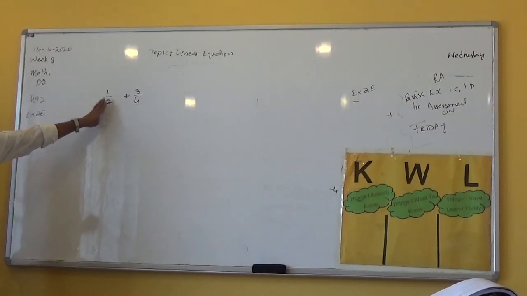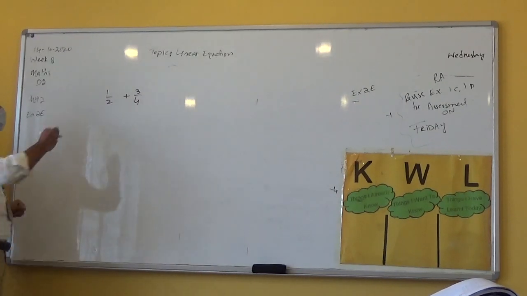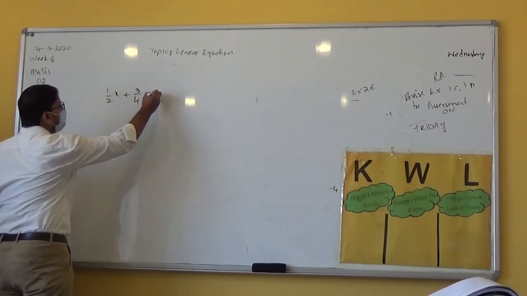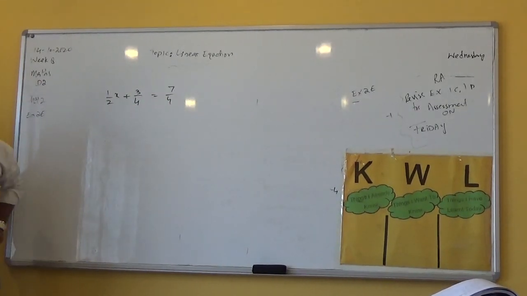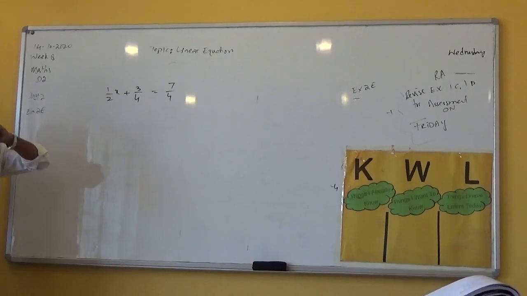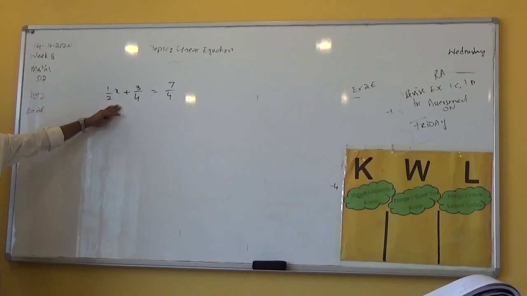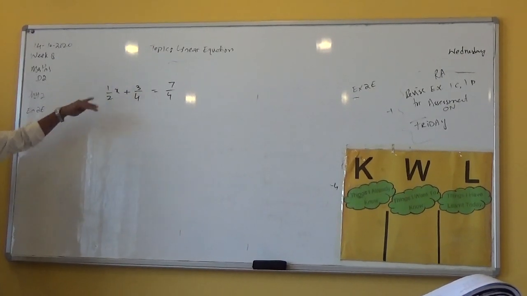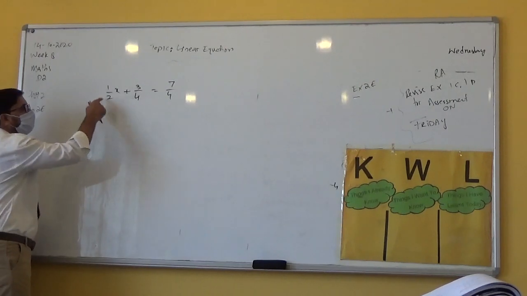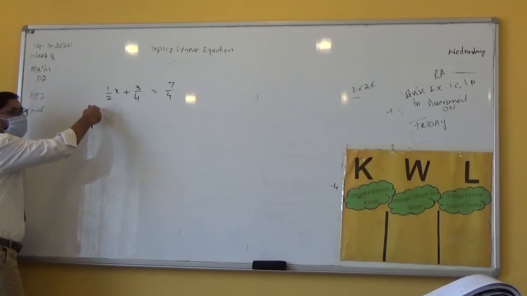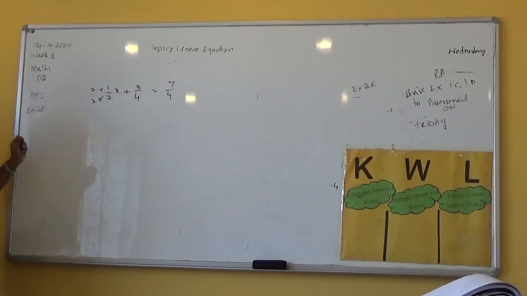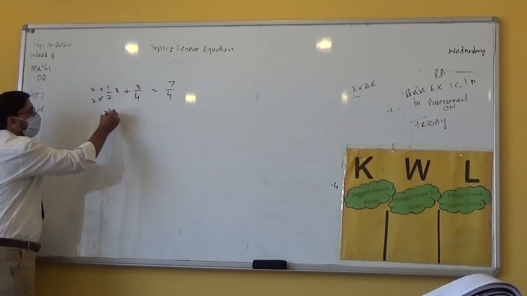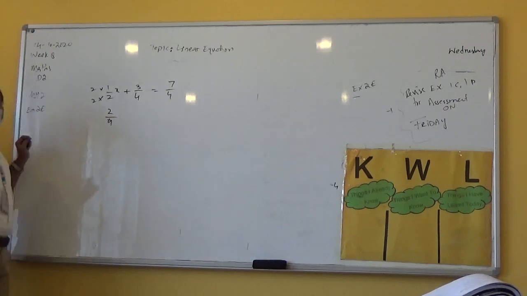Okay, instead of just these fractions, if you are given 1 by 2x is equal to 7 by 4, how would you do then? Again do the same thing. Equate the denominator or take the LCM. If we equate the denominator, 4 and 2, we can make it 4. How? 2 multiplied by 2. Both the numerator and denominator will be multiplied by 2. So what will it be then? Sir, 3 by 4.